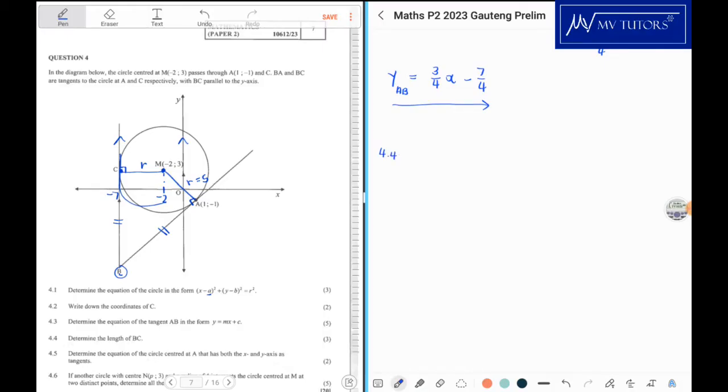All right, and now 4.4, it says determine the length of BC. So we have the equation of AB. If we can get the length of AB, we can get the length of BC, but maybe that's going about it the long way. What do we have here? In terms of B, what we do know is our x value is -7, but we don't know what the y value is. We also know that B is on line AB, so our equation for line AB is y equals 3/4 x minus 7/4. So if we were to substitute point B in order for us to get y,